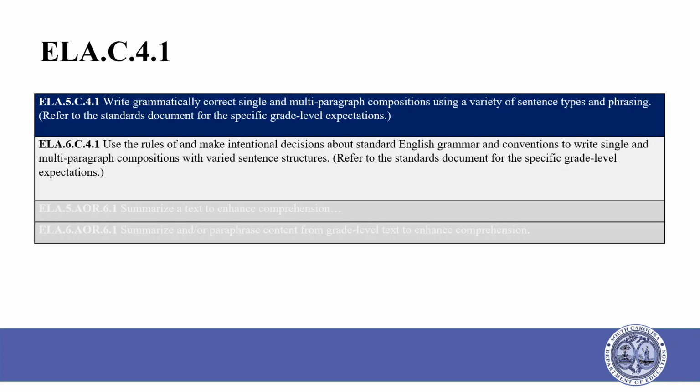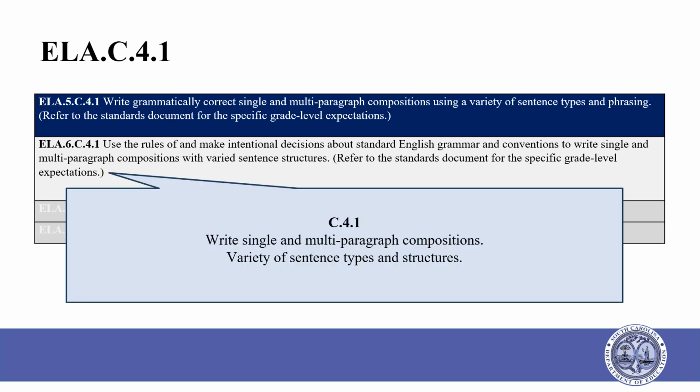Look at the bottom of the handout and notice that the introductory statements for C.4.1 are included for both grades 5 and 6. Highlight or underline, write single and multi-paragraph, variety of sentence types, variety of sentence structures.